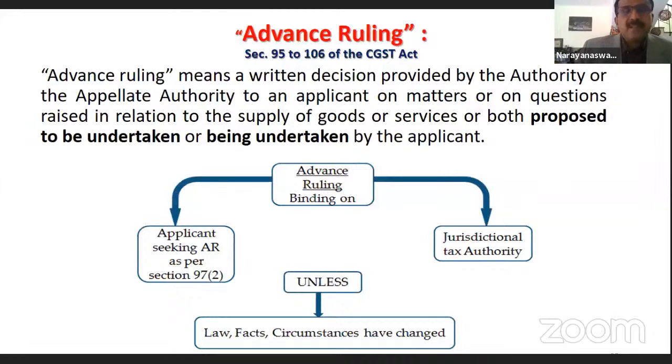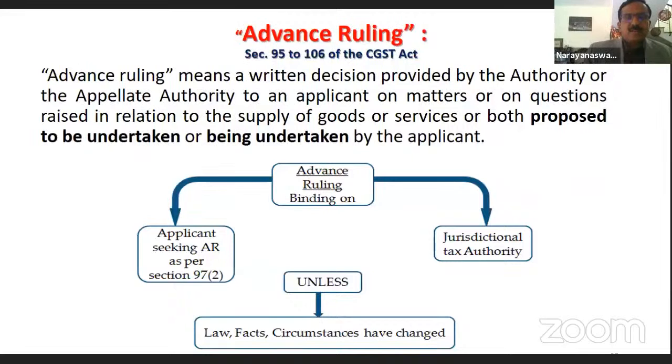There is another facility for the taxpayer under the GST that is called advance ruling. I am a manufacturer of a certain item. Let us assume I am not sure where it goes under classification, and there may be a difference in rate of tax, either 12% or 28%. Under any of those kinds of circumstances, I can make an application to the advance ruling authority and get a decision. It's an adjudication process, and you can follow that subsequently.